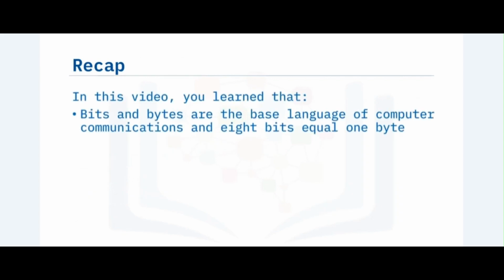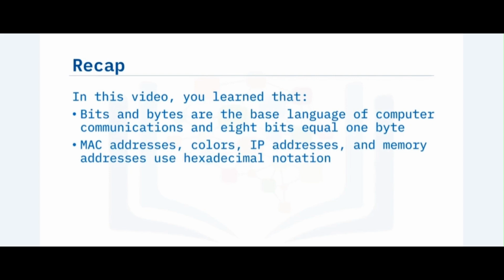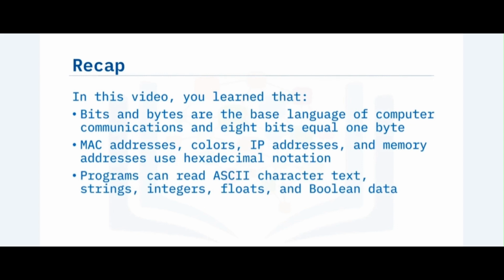In this video, you learned that bits and bytes are the base language of computer communications, and 8 bits equals 1 byte. MAC addresses, colors, IP addresses, and memory addresses use hexadecimal notation. Programs can read ASCII character text, strings, integers, floats,